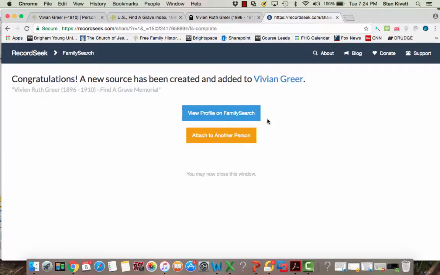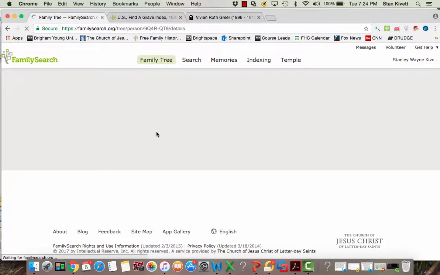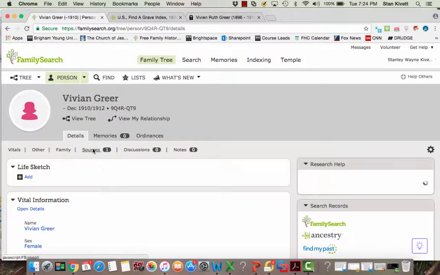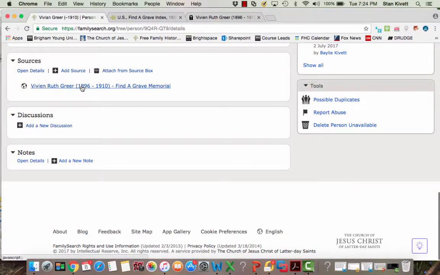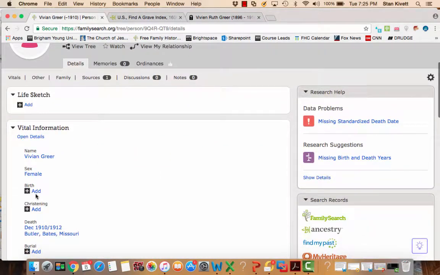Now the source has been made, and I am going to go ahead and close this and return to Vivian's page here. Now you'll notice that I still have no sources, but all I have to do is refresh my page, and that source that I just created will be on Vivian's page. I can go down to the bottom and look at it, and I have a link that will take me to that Find a Grave source, and here's the notes that I had. And the reason I like having it here is it's just without me having to open it up or anything. I've got the birth date of 28 January 1896, and so I'll come back up here,